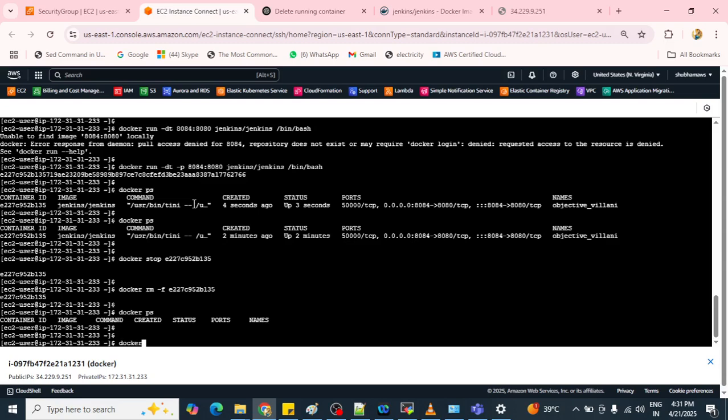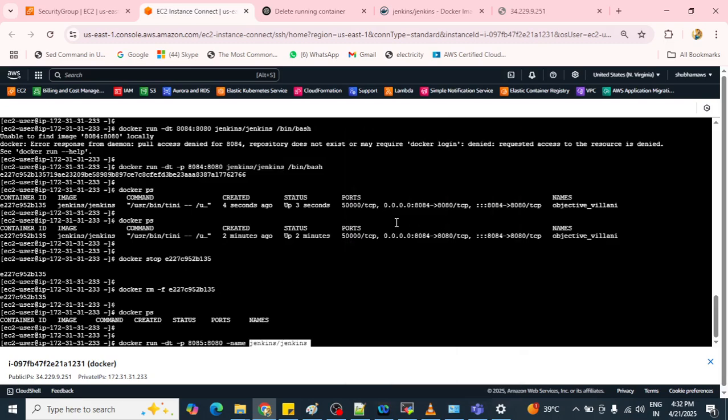Okay, docker run command, then we need to give -dt, then we need to give the -p option. For the localhost port you can give anything because you have allowed it. Let's give 8085, then your Jenkins port number, that is 8080. After that you need to give the name, --name, that is the image name, your Jenkins. Copy this Jenkins, paste it.